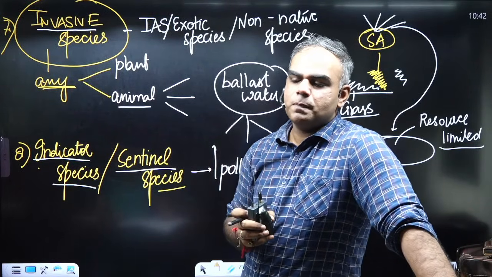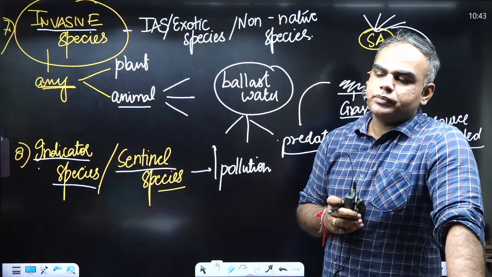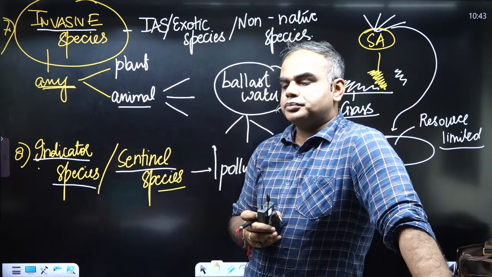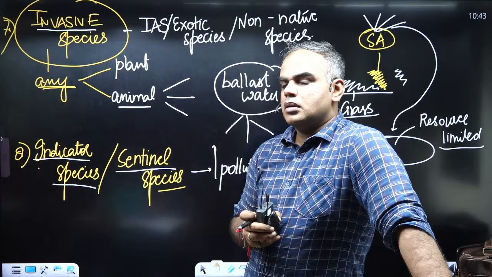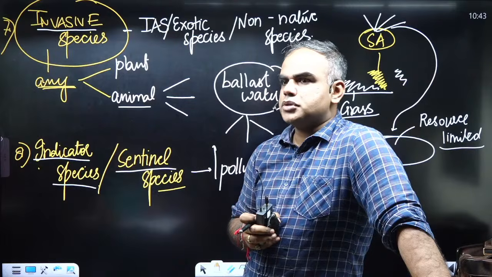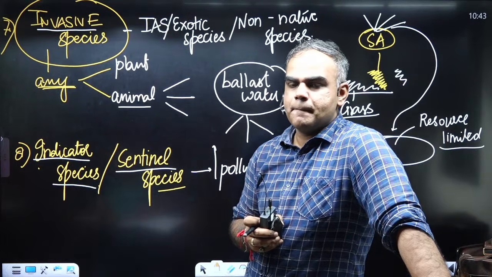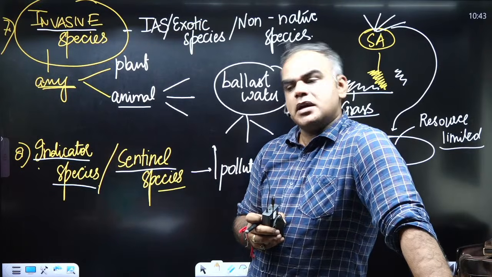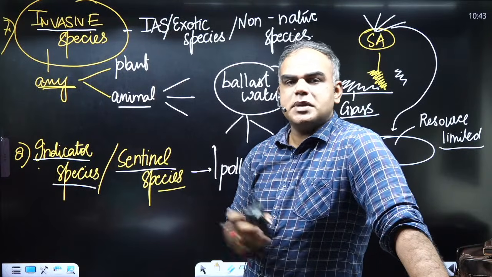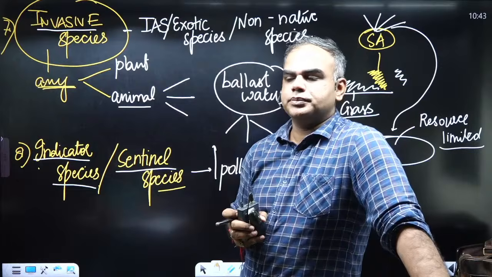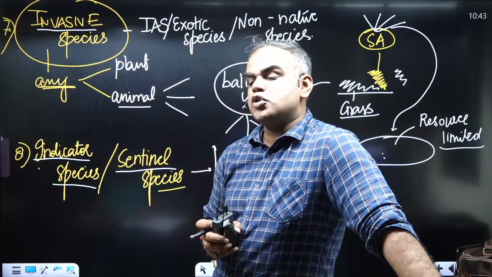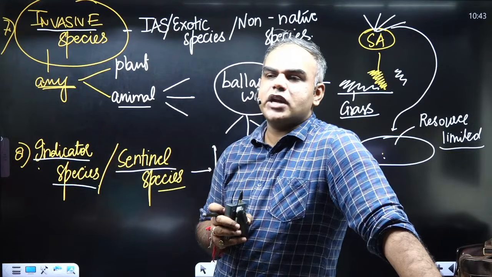So that is one example for water. Second example, you can write in land. If I want to know about this, you can write one example. First write lichens. Next example is butterfly. Lichens are indicators of air pollution, and more specifically, in brackets write SO2, sulfur dioxide.